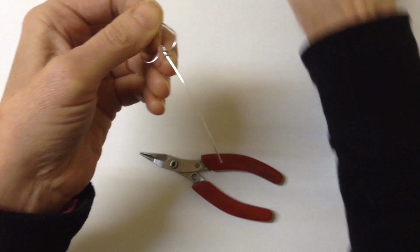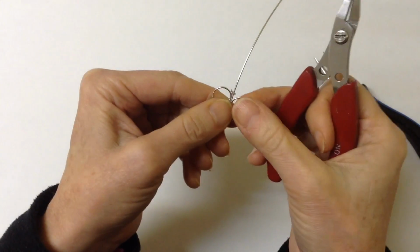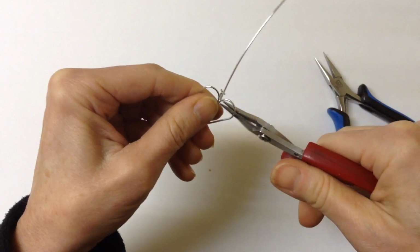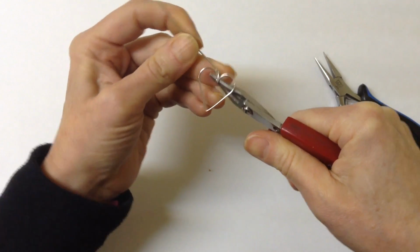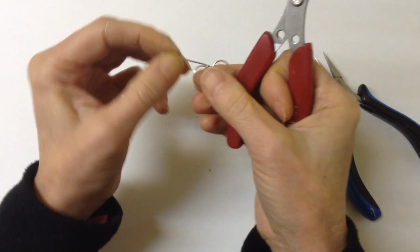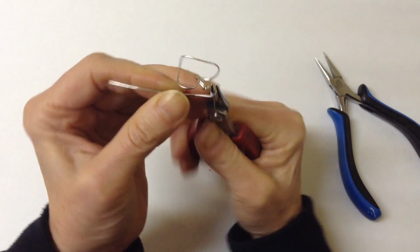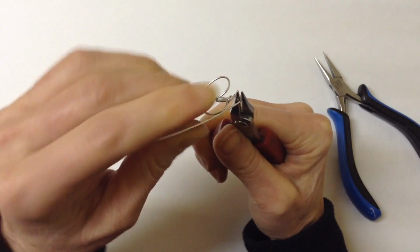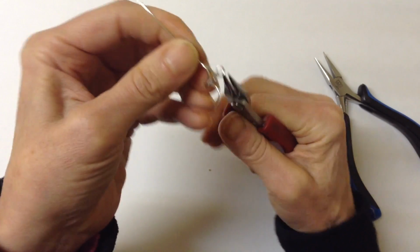And then you want to form the loop at the top, so you want to make sure that you hold these together so they don't shift, and turn that a little bit to the side. And with your round pliers, you're going to make a complete circle and bring it around to the front,